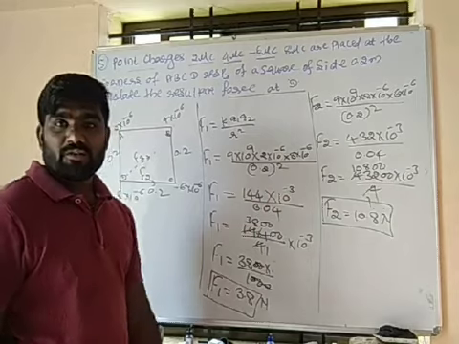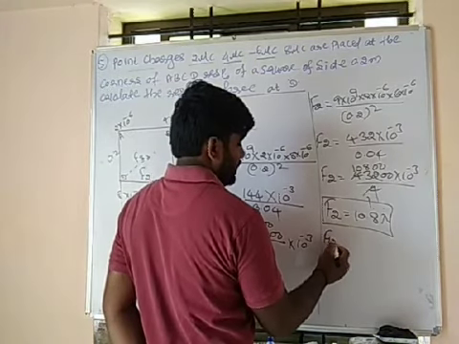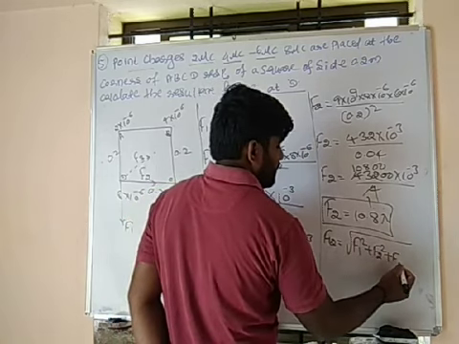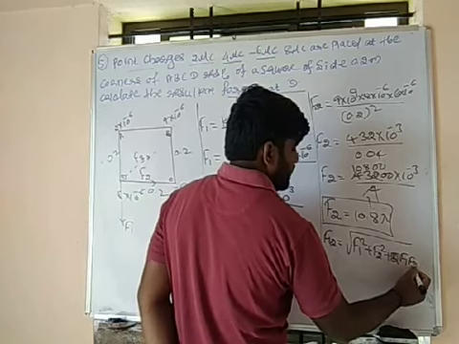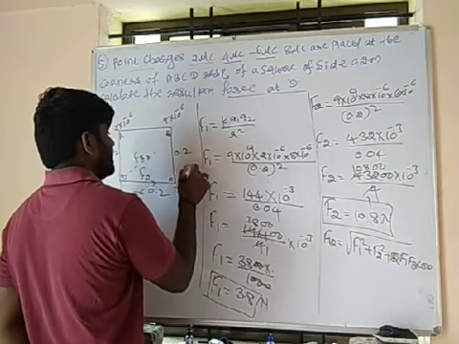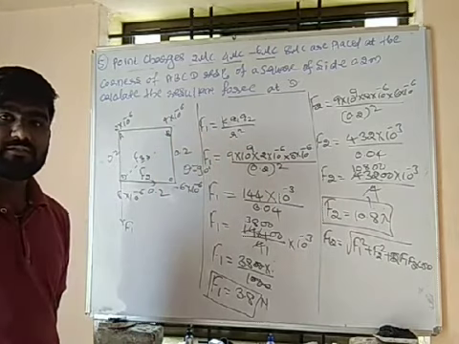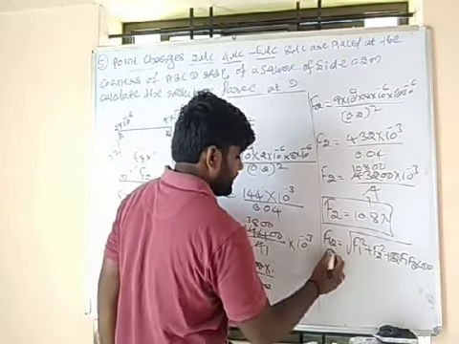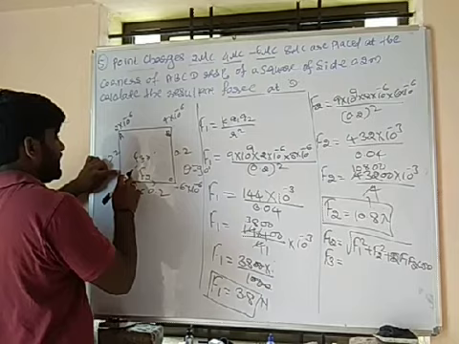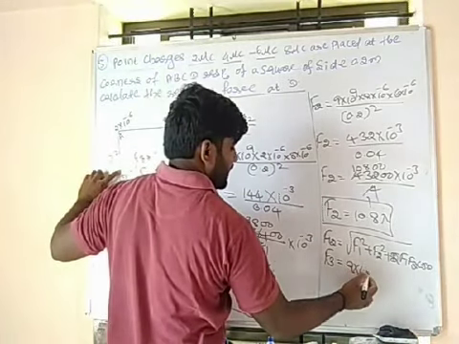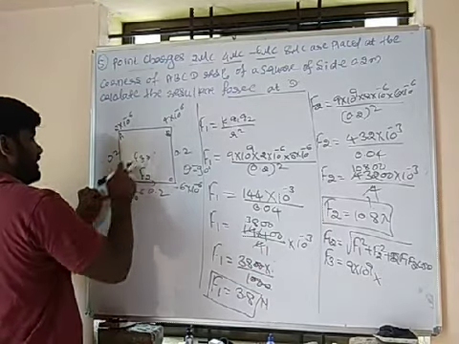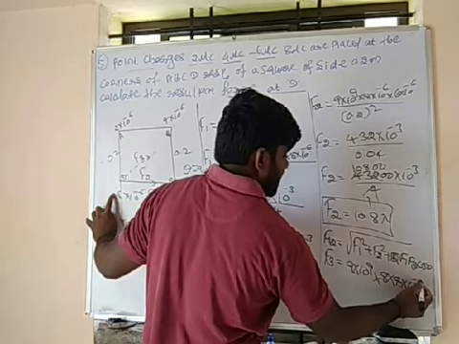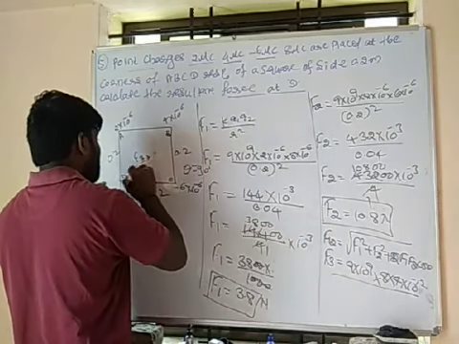So then calculate F12. You just solve yourself. F12 is equal to root of F1 square plus F2 square plus 2 times F1 F2 cos theta. What is your theta? Theta is always 90 degrees in case of a square. So after calculating this, what are you going to calculate? F3. What will be your F3? F3 is 9 into 10 to the power 9 into these two charges, 8 into 4 into, I am writing directly, minus 12 whole divided by this.